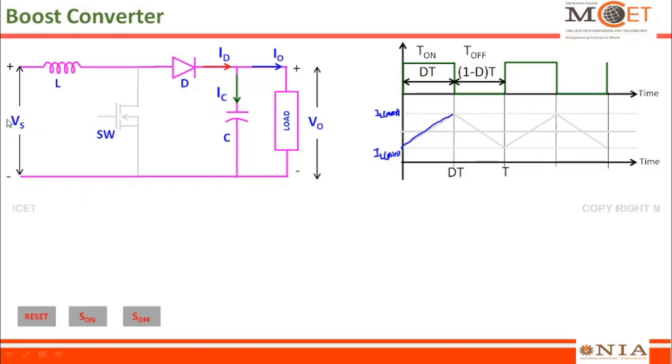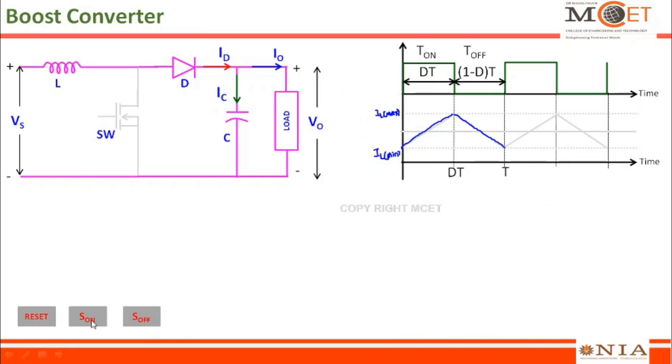Now if you look at the energy which is already available in the inductor plus the supply energy, both are discharged into the load. So now the total voltage, this voltage plus the energy which is stored in the inductor will be discharging. Since the inductor is discharging, the current through the inductor will slowly come down. Once it has reached its minimum value,